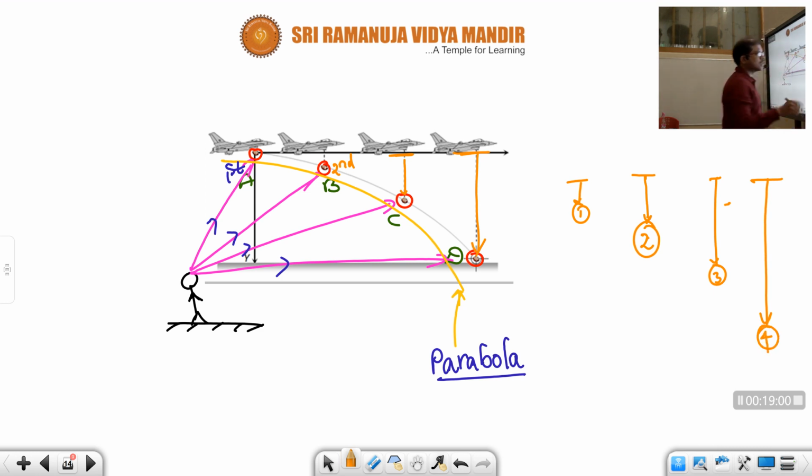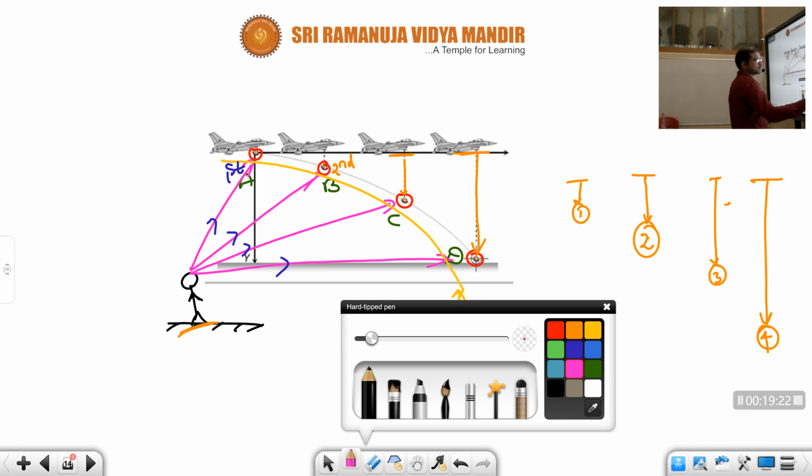Understood, children? Here the case is, in the first case, the person is standing, he is not moving, only the bomb is moving like that. That's why it will appear like it is going within a parabola pattern. For the pilot, children, in each and every position, at each and every step, the pilot is also there along with the bomb. Okay. Now if you join all those things, how will it come, children?